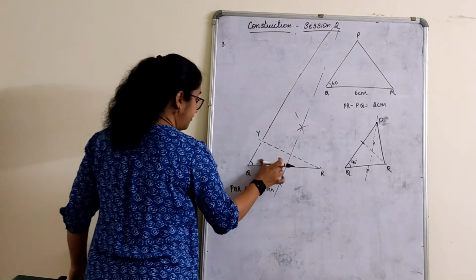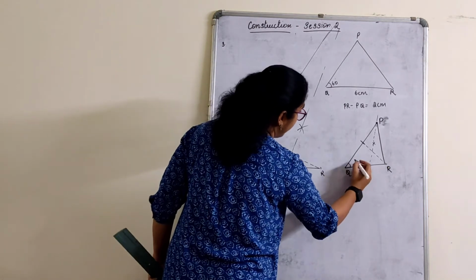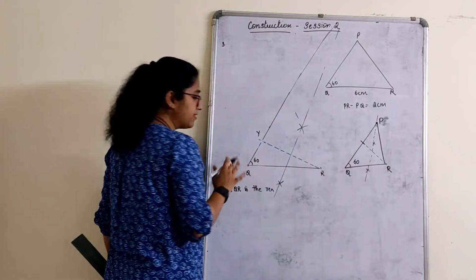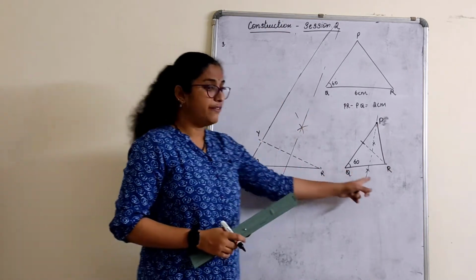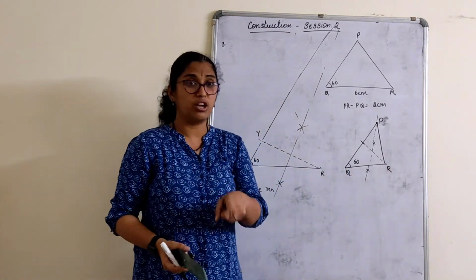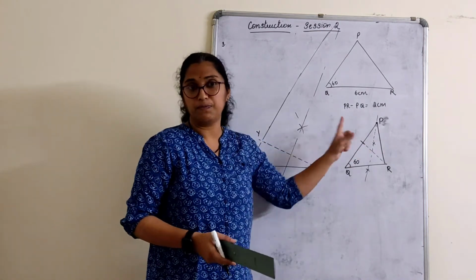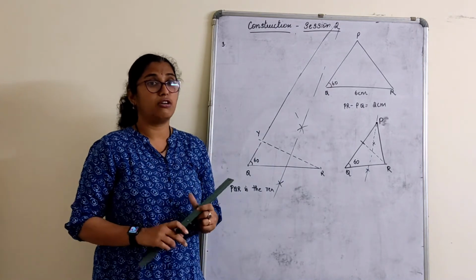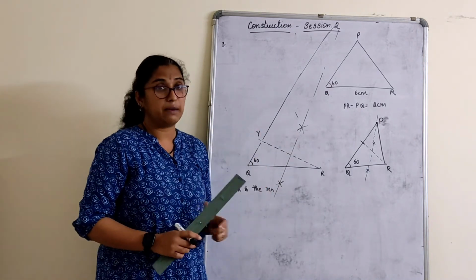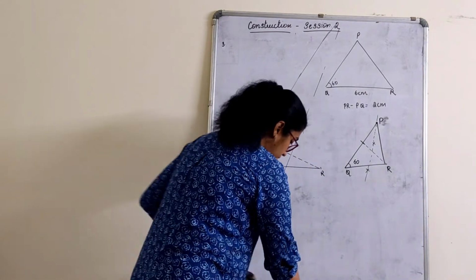Sorry, not 45. 45 was the previous. 60. My rough figure is already saying 60 and I have marked 45. Anyhow, we have marked it 60. Okay, this is how the whole construction goes. So I gave you here. Actually, when you do it, children, you will definitely get it, right? Rather, see, this is how the figure will be. Do it. If you still find that your line is not joining, please call and we can discuss what can be done. Next one is a very important construction.